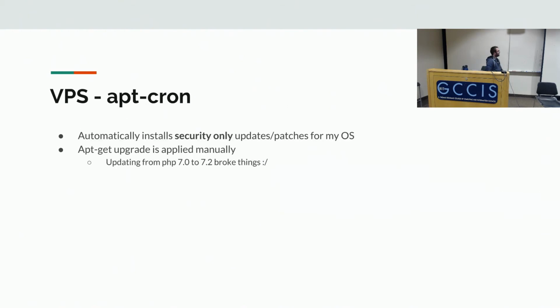I have apt cron, which will run apt-get update every 24 hours and pull down the latest updates. It will only do security updates, but it won't apply anything else. Actual updates for other packages and things like that are done manually. A couple months ago when I updated PHP from 7 to 7.2, it actually broke things. That actually happens. There were hard-coded references to the version number 7.0 in WordPress, and when I upgraded to 7.2, it couldn't find it. So I make sure to do these types of updates manually, so that if it breaks, I'm there to fix it on the spot.